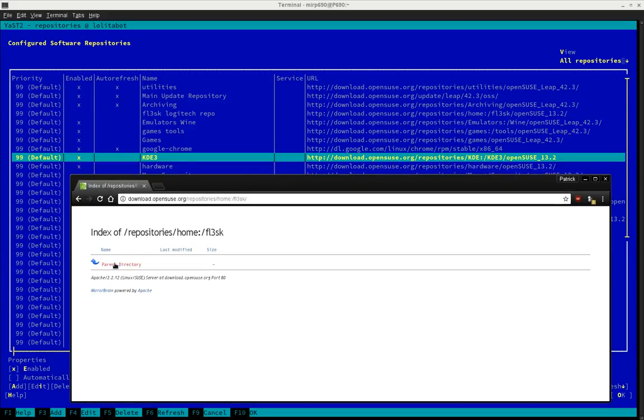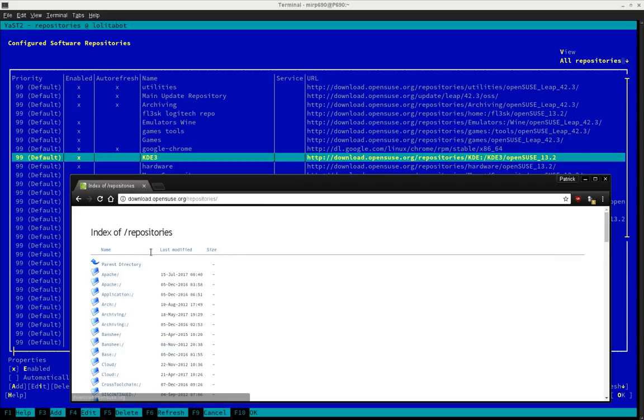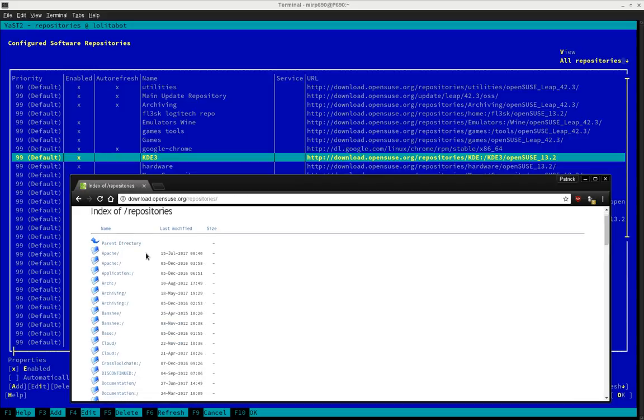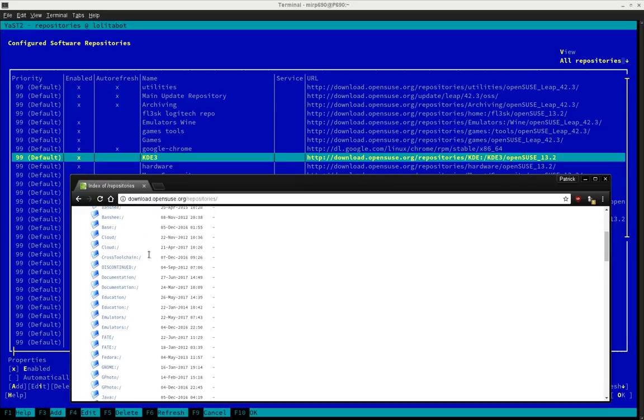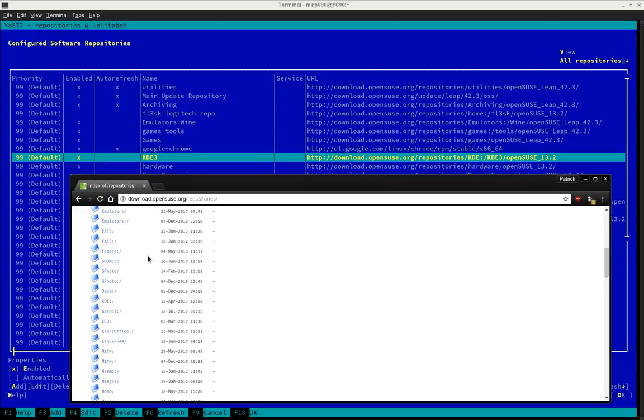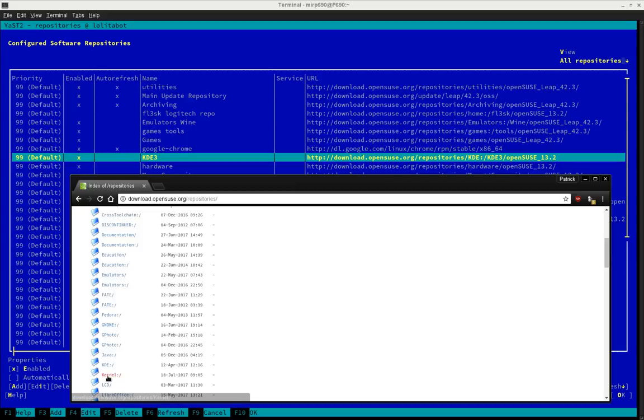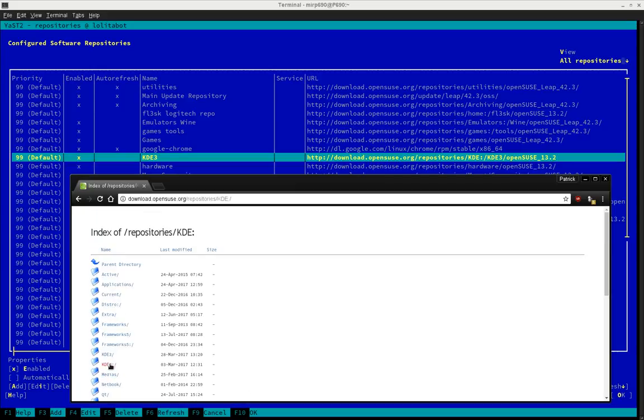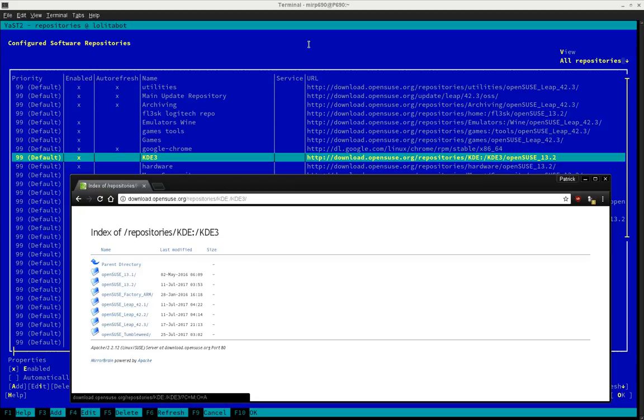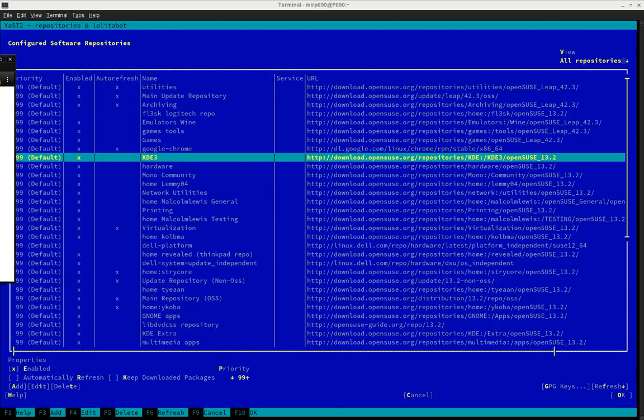Let's see if that one is available. I have an odd feeling the answer is yes, but I just want to make sure. KDE, KDE3, there we go, yes. It does indeed exist, and